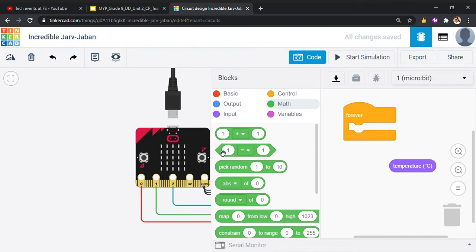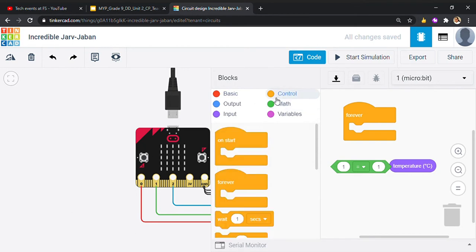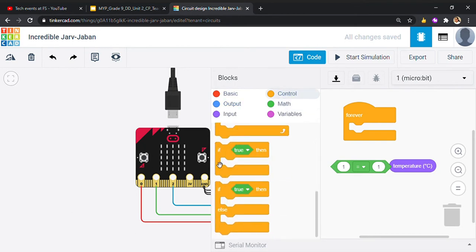We need some comparison here because we are having three conditions. That is, if it is less than 20, it's cold. If it's more than 30, it's hot, right? And otherwise it's peachy and it's green. So let's do that, but we need an if block for this. So I'm just going to use an if block over here,